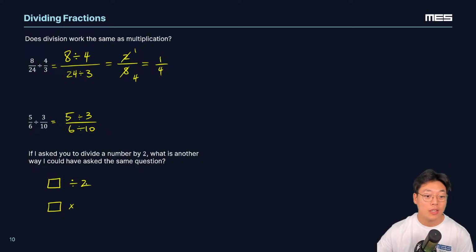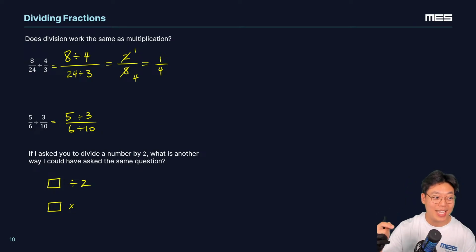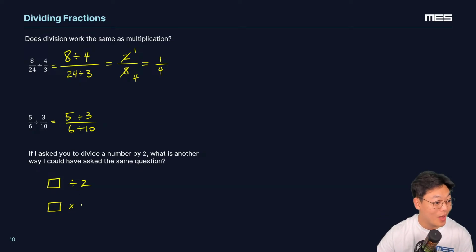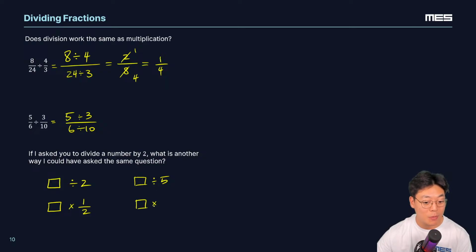Dividing by 2. Think back to our chocolate example. When we have something, what are we actually doing? If we're dividing by 2, then we can multiply by... When we're dividing by 2, it's the same thing as having half of something. And so it's the same thing as multiplying by 1/2. Exactly, right? Multiplying by 1/2. So if we have another number and we're dividing by 5, then this is the same thing as multiplying by...